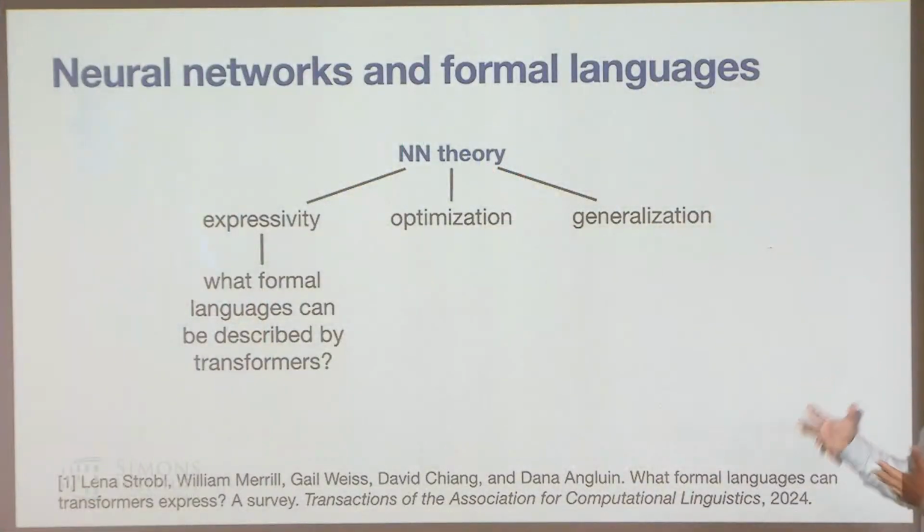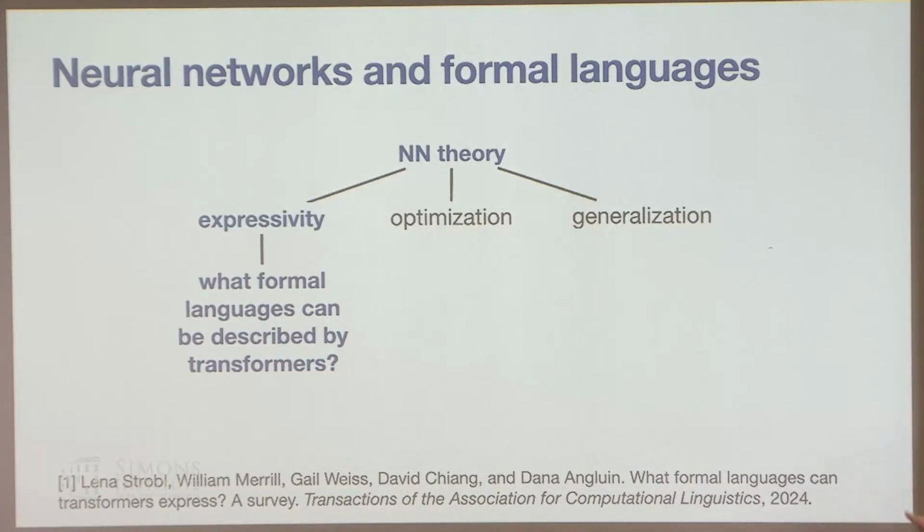So just to situate this talk, it is going to be about expressivity, as the title suggests. I don't really have anything to say about learning. Specifically, I'm interested in thinking about the expressivity of transformers as recognizers of formal languages. And I think in the talk so far, we've seen a wide range of approaches to transformer theory. This talk is from a particular viewpoint of formal language theory.